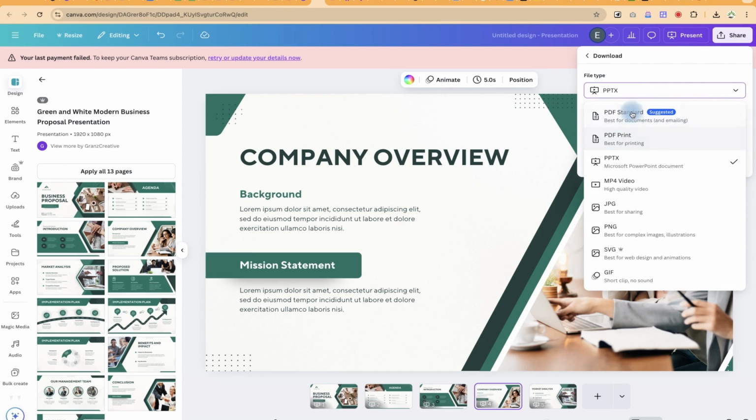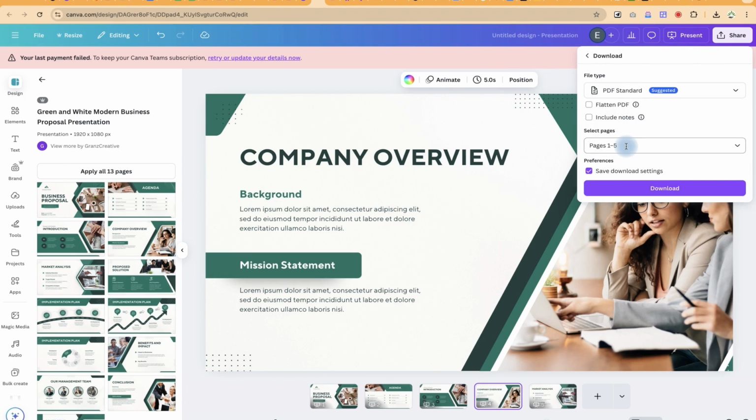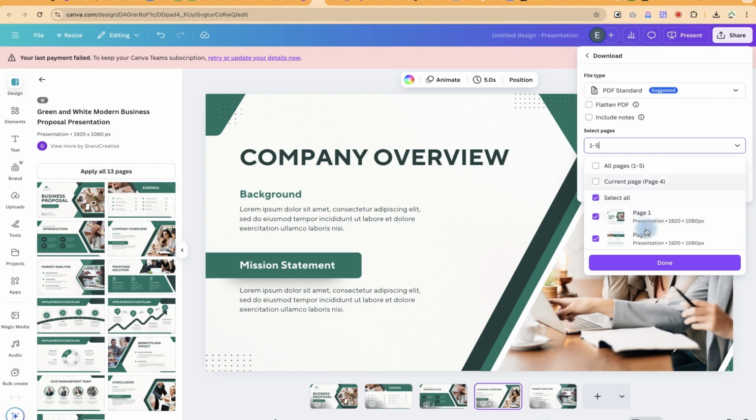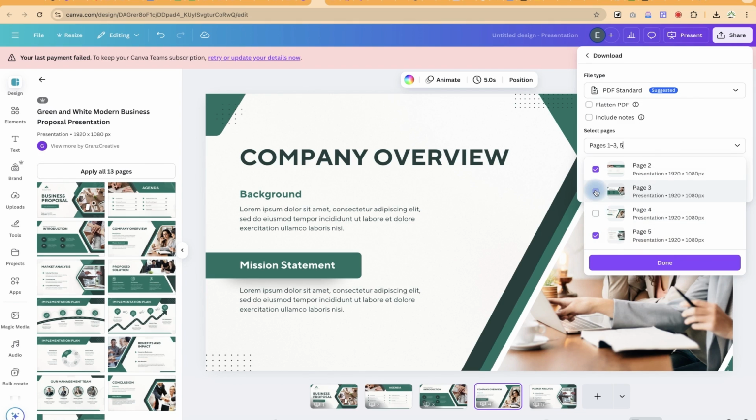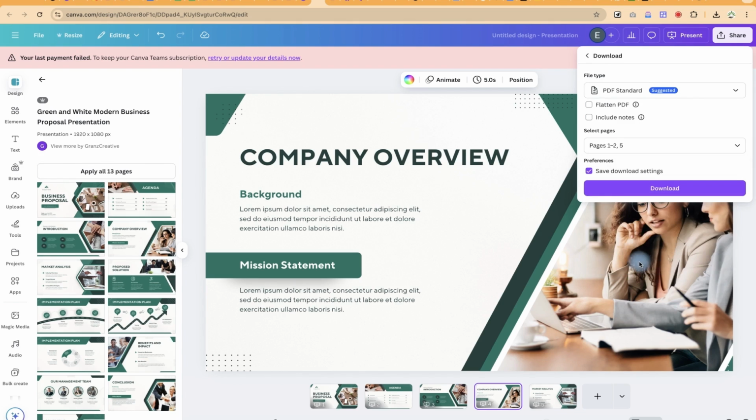and then we can come to this file type. I can select PDF print. This is best for printing, or PDF standard, which is my favorite. Of course, you can select the number of pages that you want to export in the PDF. You can decide to uncheck some if you're interested, and then once you're done, you can click on done,